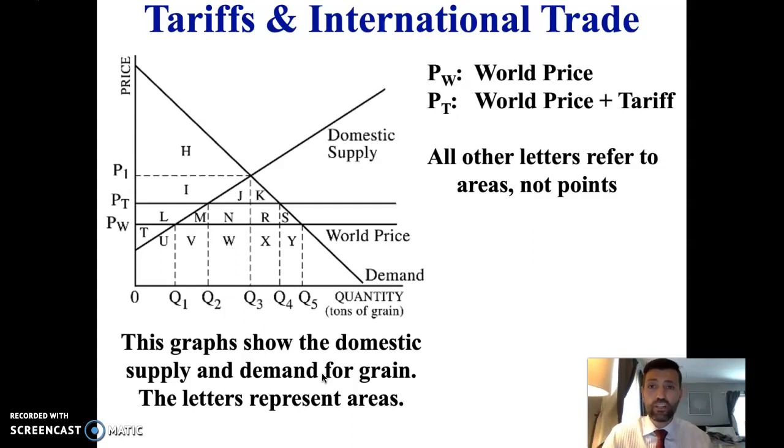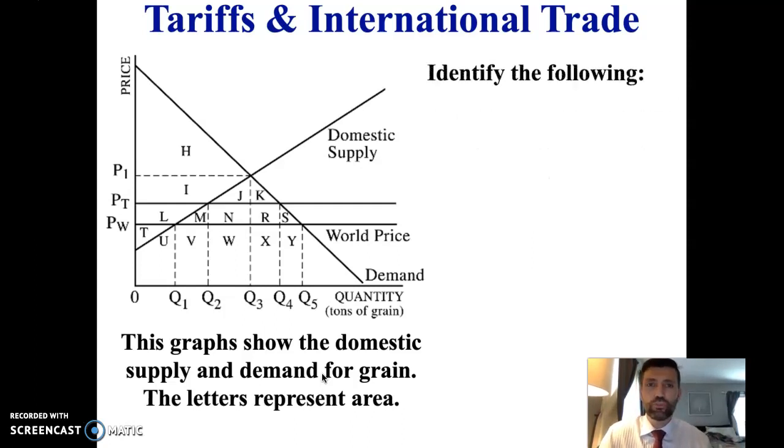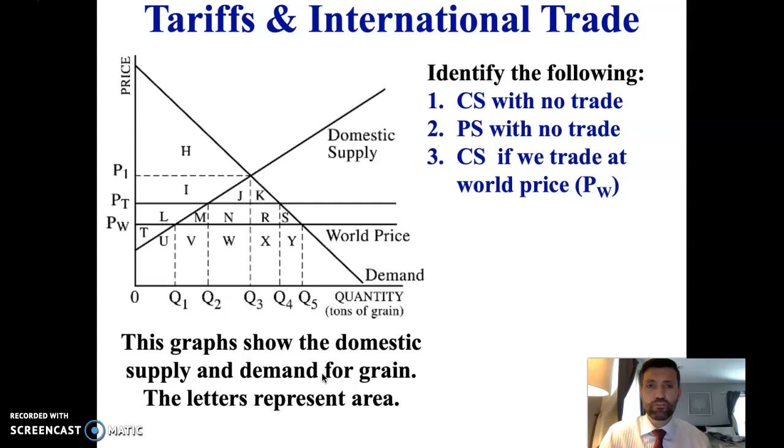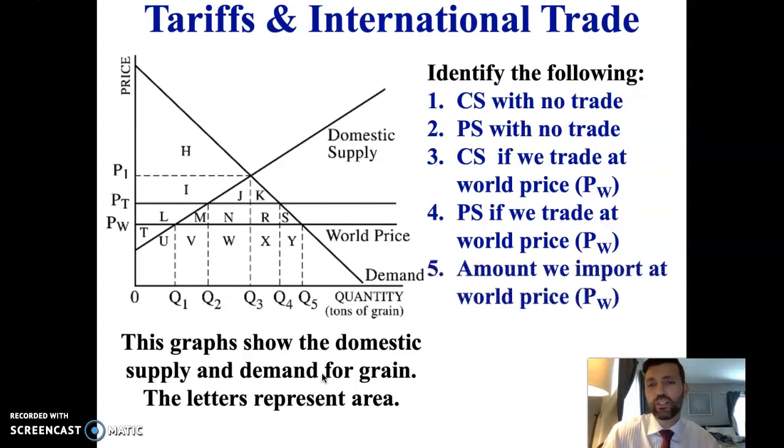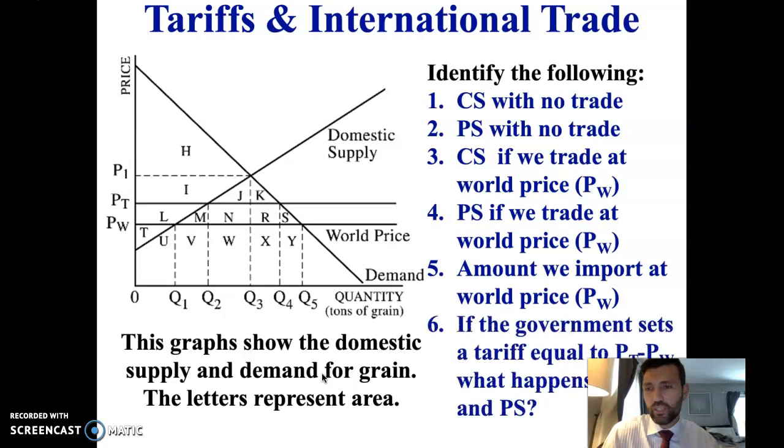So you should pause the video now and see if you can work through these parts of this question. Find consumer surplus and producer surplus before any trade. If this example were opened up to world trade, see if you can find consumer surplus and producer surplus after world trade. You'll notice if you do this accurately that the area of total surplus is greatly expanded in questions 3 and 4. And then what if we traded at the tariff level? What would be the cost of trading at the tariff level?